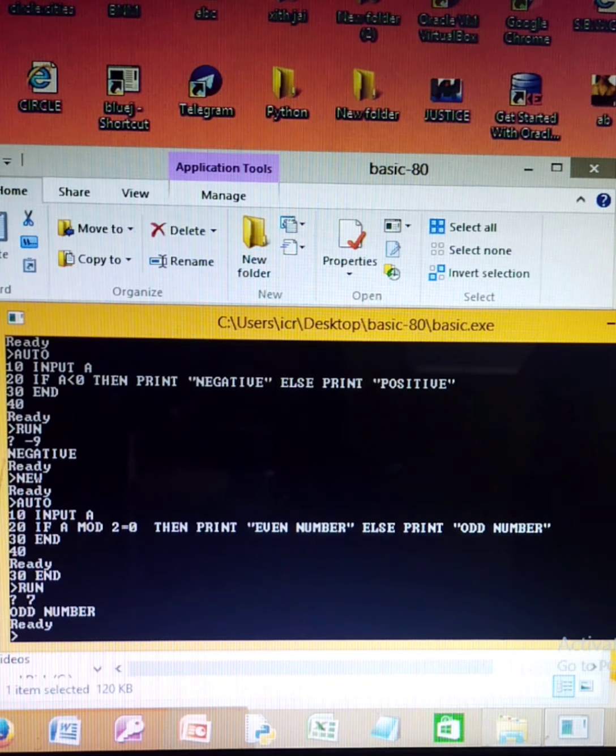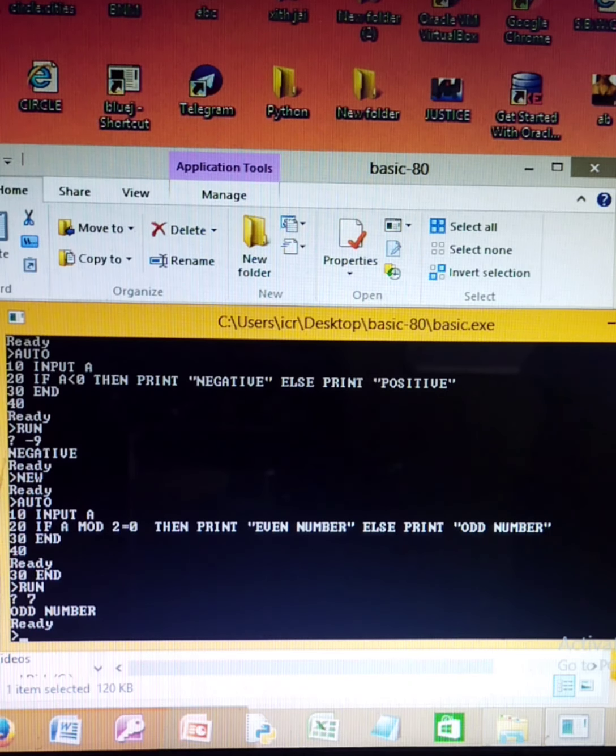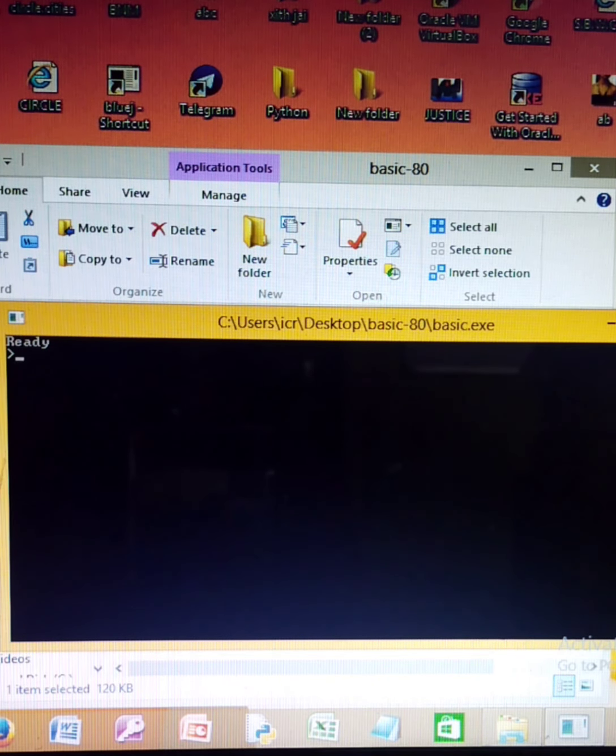Then suppose a question is given that we enter 3 numbers and we have to find out the greatest of the 3 numbers. Now for 3 numbers you will have to use an AND operator also. How are we going to do it? First let me clear the screen with CLS.